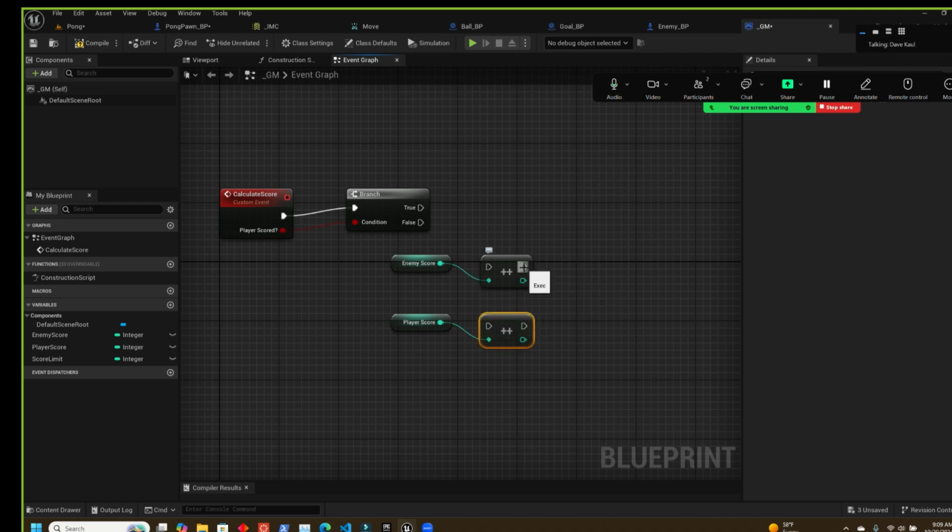So do I do an if then? I mean another branch? Okay. So this one is true, can enemy score. Is this the right one? So player scored true. We want the player score to go up. Yep. Okay. All right, then we'll drag this one off. Okay. All right. Very good. All right, and then what we can do is